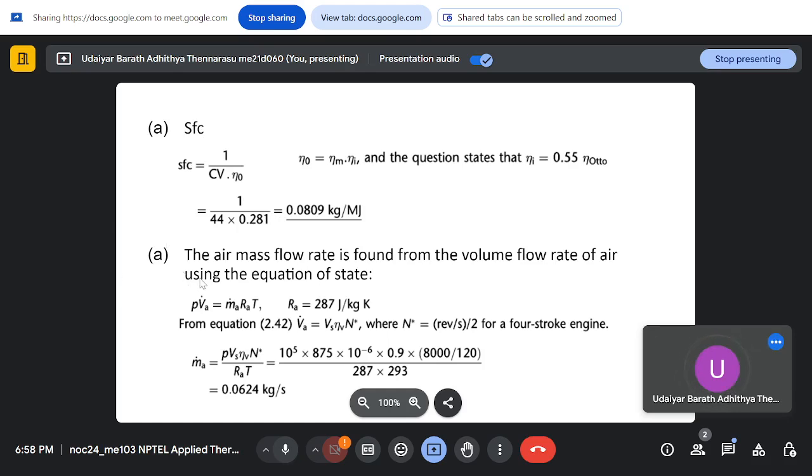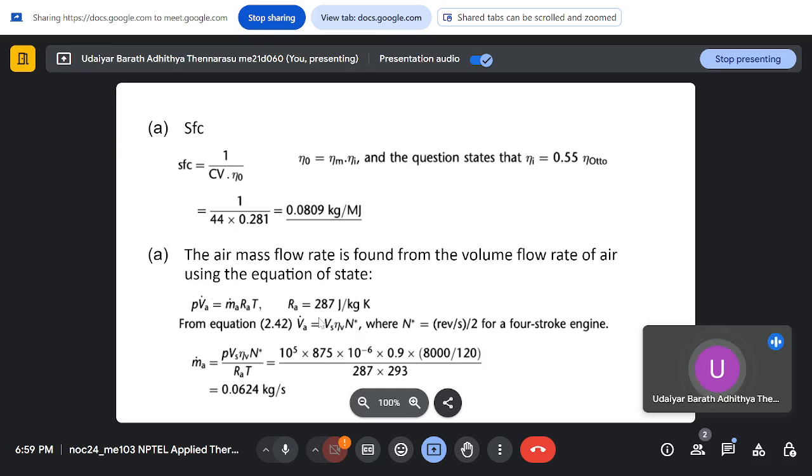So next, you need to find out the mass flow rate. The air mass flow rate can be found out using the volume flow rate of air. Assuming an ideal gas, the air follows the ideal gas law. So P into V dot A equals m dot A into RA T. The gas constant for air is 287 joule per kg Kelvin,